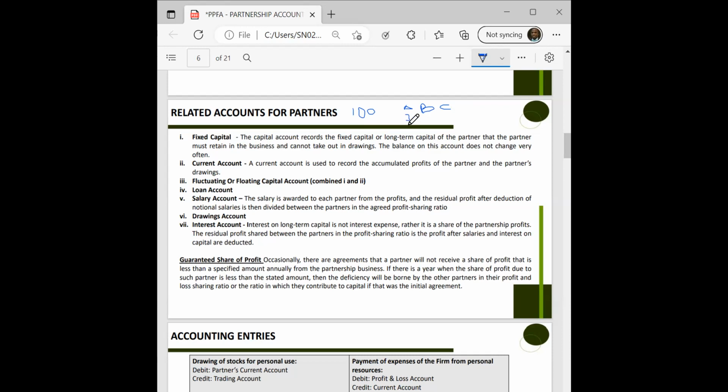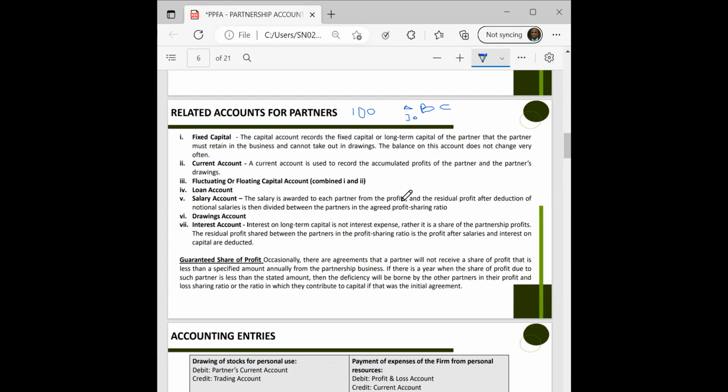And when you share this between them, you now have what each person collects. So this guy A that has collected 30,000 salary before will still collect whatever is left on his own portion, right? And that is what you mean by the residual profit after you have removed the notional salary that is divided between the partners in the agreed profit sharing ratio. So the drawings account, that one is also simple, straightforward. We have done lots of these in our previous classes. Drawings account, when you withdraw money from the business,